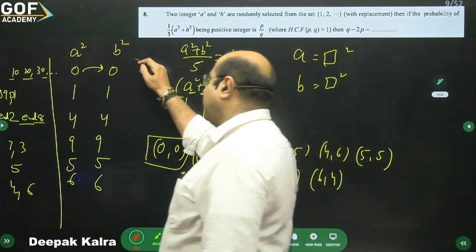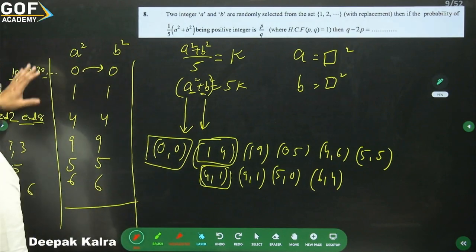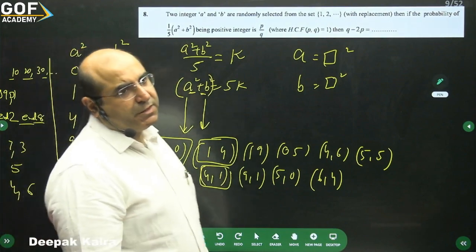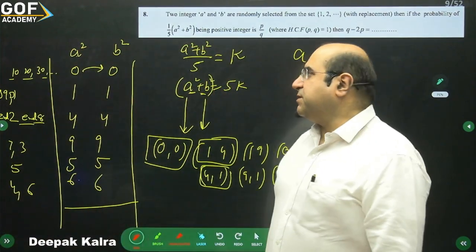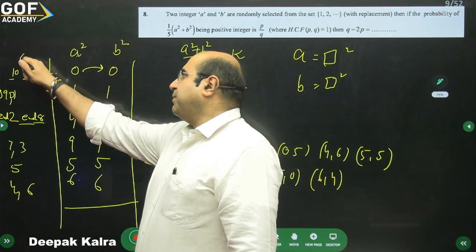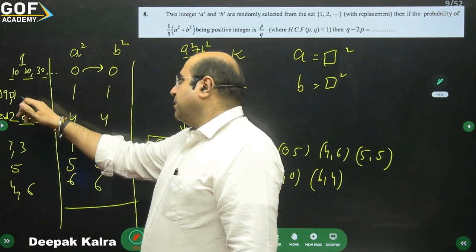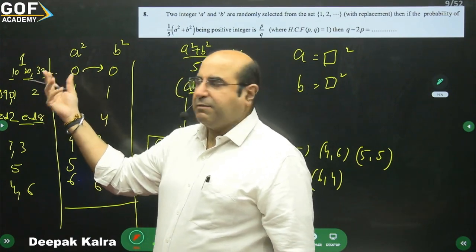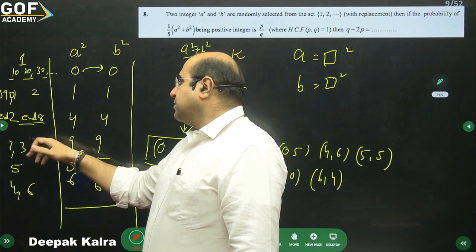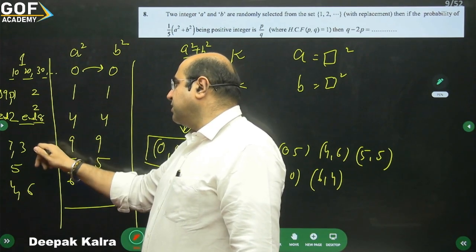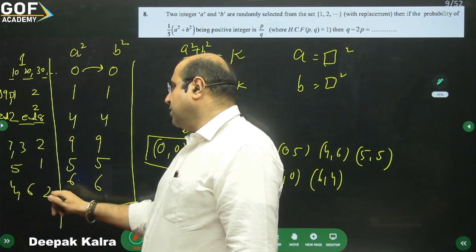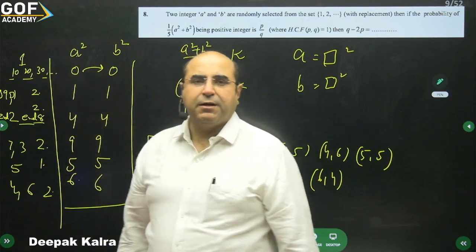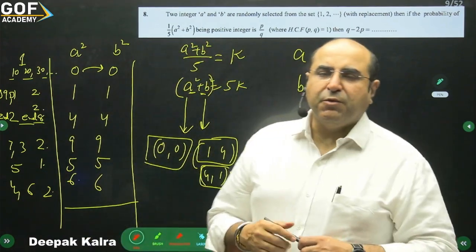What are all the possible cases of getting their sum? What kind of sum will they get? That is the possibility they have considered. One possibility of getting 0, 0. Two possibilities of getting this. I'm talking about the frequency, like how many times you'll get this. 1, 1, so how many times will you get this? This is also 2, this is also 2. This is also 1, this is also 2. 2 plus 2 is 4, 4 plus 1 is 5, 5 plus 2 is 7, 7 plus 2 is 9, 9 plus 1 is 10. There are 10 cases possible.